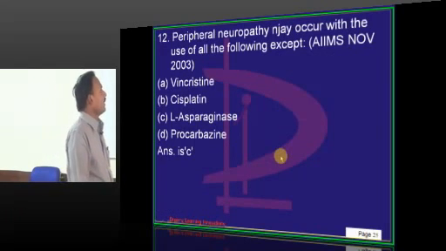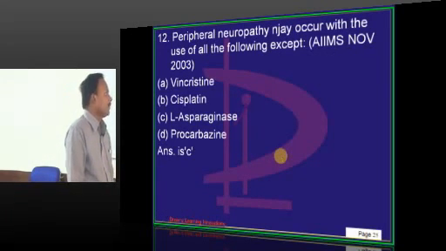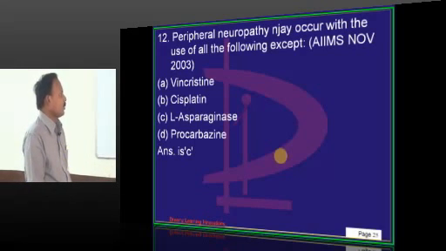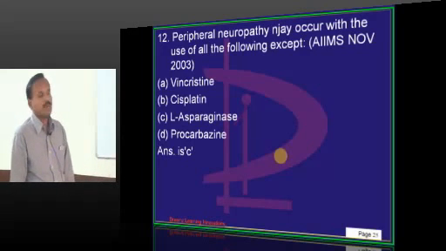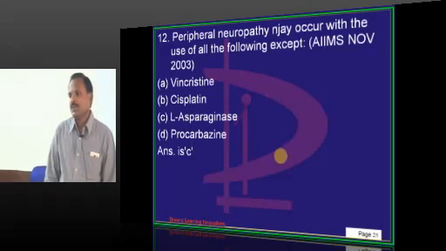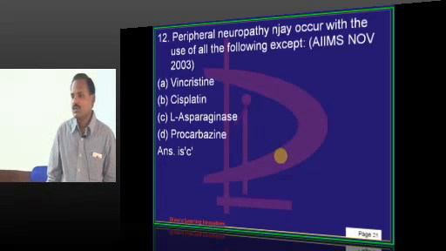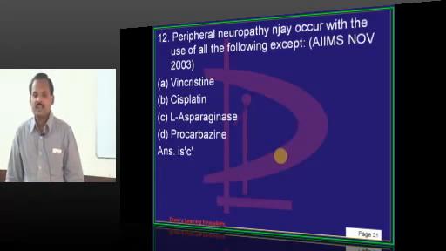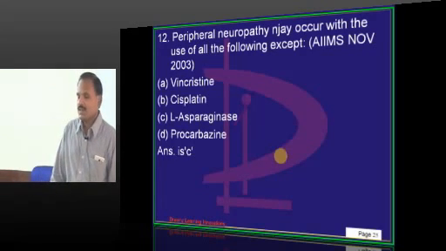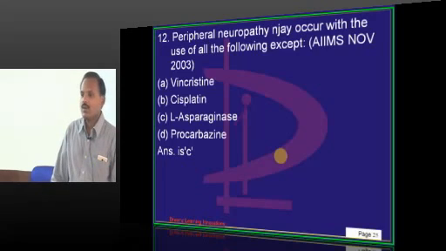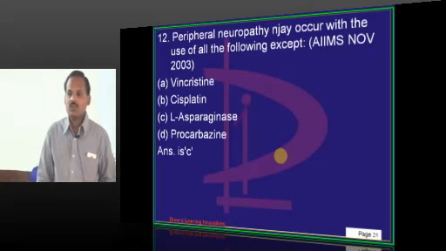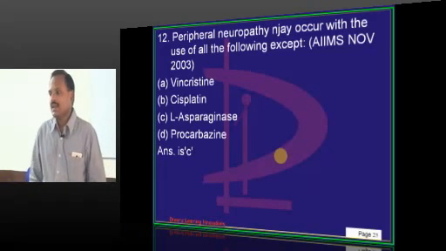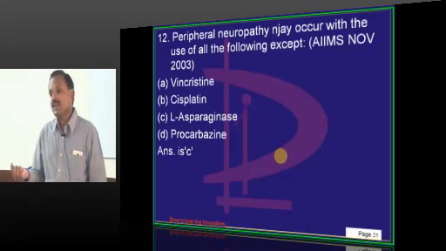Peripheral neuropathy may occur with the use of all of the following except: vincristine, cisplatin, L-asparaginase, procarbazine. Vincristine will cause, cisplatin will cause, procarbazine will cause, L-asparaginase does not cause neuropathy. L-asparaginase is an enzyme, and asparagine is essential for the malignant cells. Normal cells do not require asparagine, they can actually synthesize it, but the malignant cells have to get asparagine, and therefore this asparaginase enzyme is working